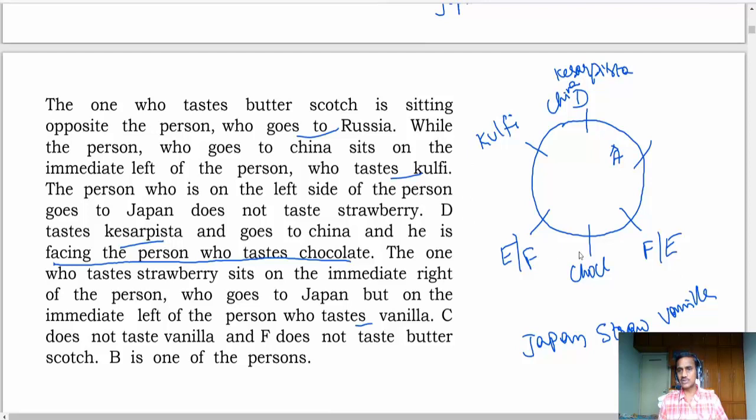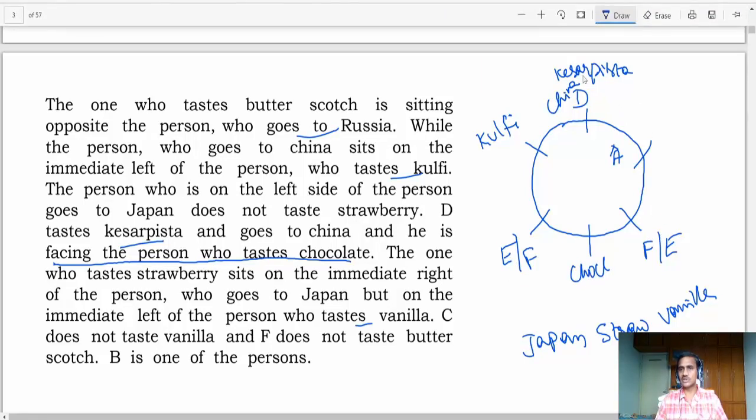ఇక్కడ జపాన్, స్ట్రాబెరీ, వెనిలా పాసిబిలిటీ లేదు. ఇక్కడ జపాన్ తీసుకుంటే ఇక్కడ స్ట్రాబెరీ రావాలి, పాసిబిలిటీ లేదు. అండ్ జపాన్, స్ట్రాబెరీ, వెనిలా. ఇక్కడ జపాన్ వస్తే స్ట్రాబెరీ, వెనిలా నాట్ పాసిబుల్. వాట్ ఈజ్ ఓన్లీ పాసిబిలిటీ? నౌ ద వన్ హూ టేస్టెడ్ చాక్లెట్ ఈస్ లైక్ went to Japan, and this person is strawberry, and if this person is strawberry and this person is vanilla, and if this person is vanilla, kulfi, cashew pista,